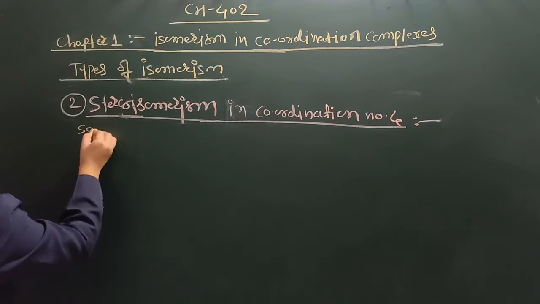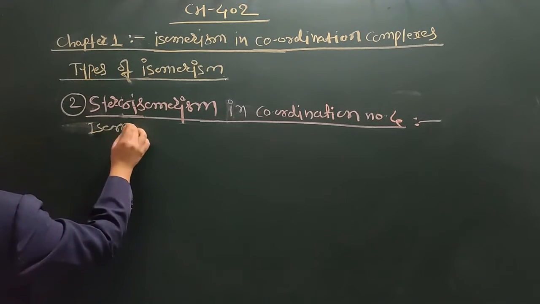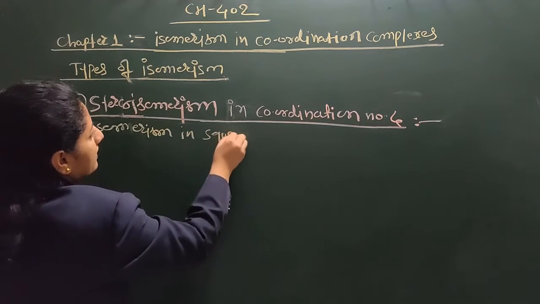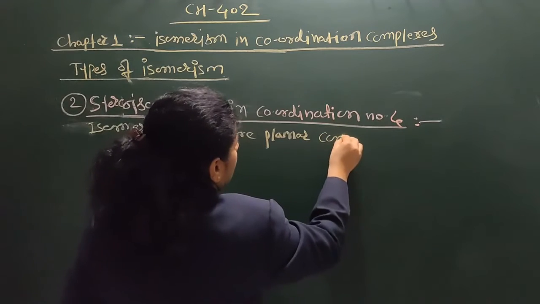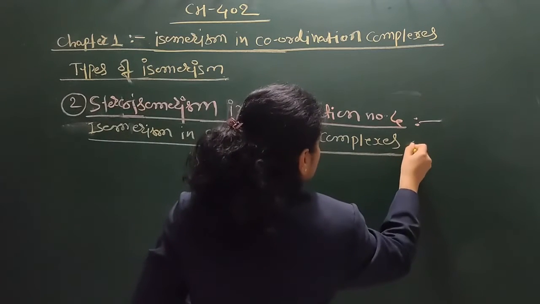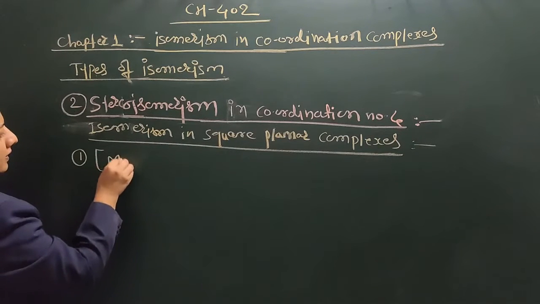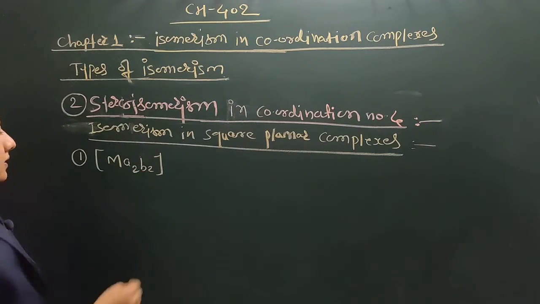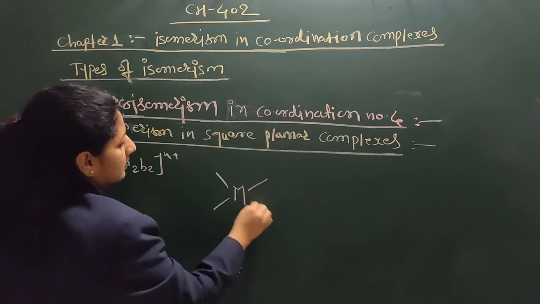So first we are going to discuss isomerism in square planar complexes. In that type we are going to discuss Ma2B2, where A and B are the ligands. Here, if we draw the diagram of that,